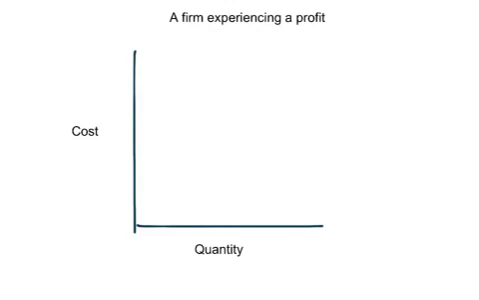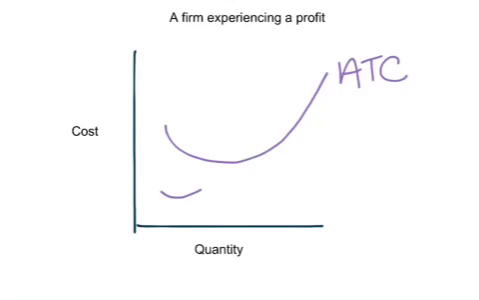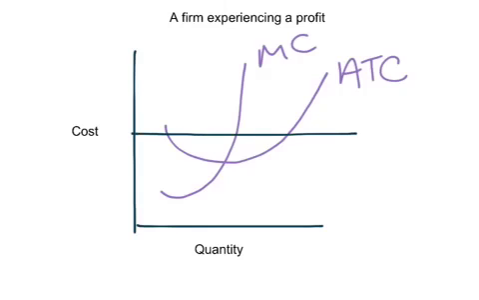So we start in the same way. We will be adding in the average total cost curve, the marginal cost curve, and then we're going to be saying at a point where they will be experiencing profit. So at the point where the marginal revenue curve crosses the marginal cost curve, that gives us their point of profit maximization, and then that means this is the price, right? At this quantity here,